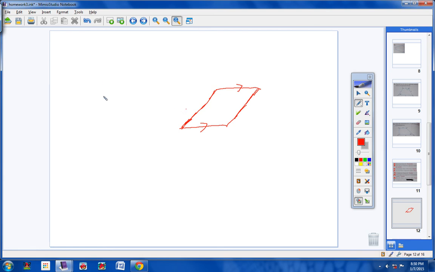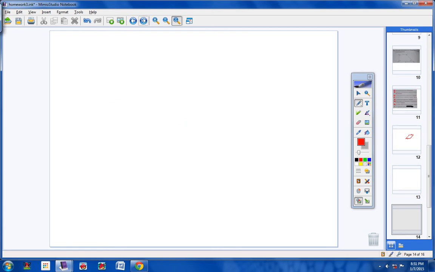Now you can draw a trapezoid that has congruent legs. We call that an isosceles trapezoid, but it is not possible to draw a trapezoid that has congruent bases. Cannot be done. Okay, lastly, let's prove